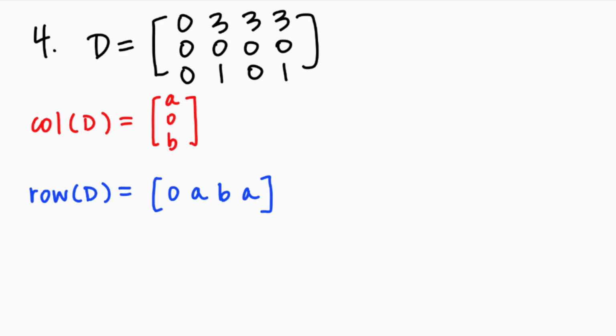Okay. And then, we're going to need to probably do some work to find that null space. So I'm going to switch up my color and say, all right, if I row reduce D,